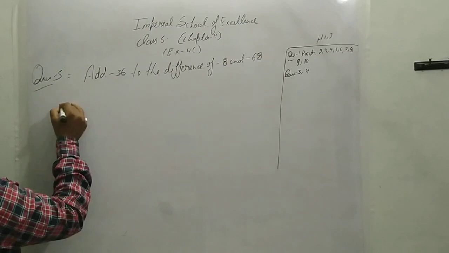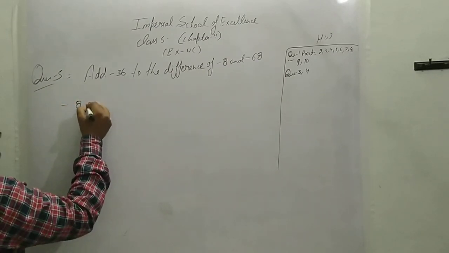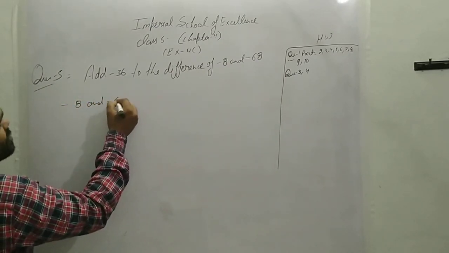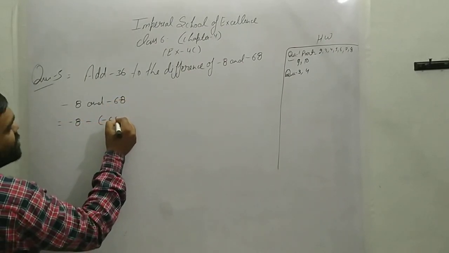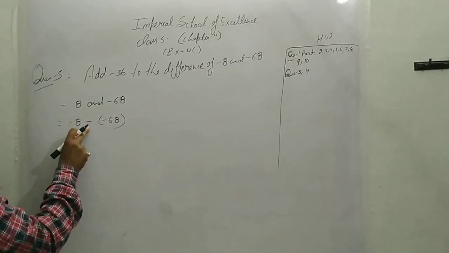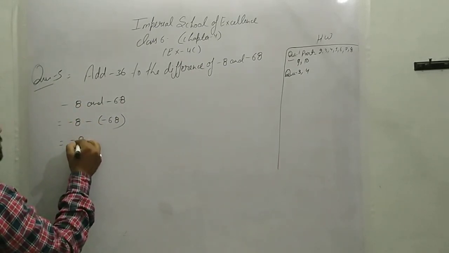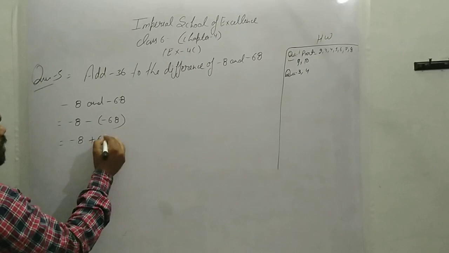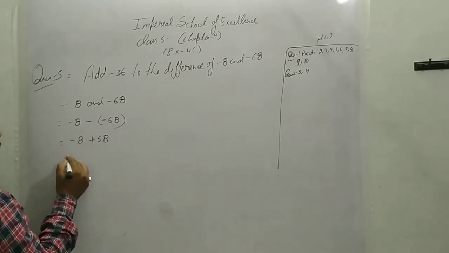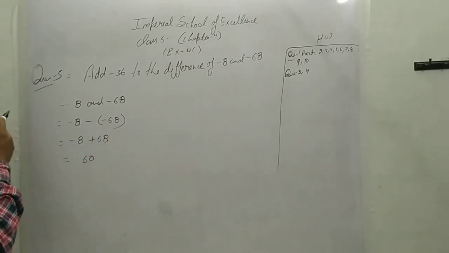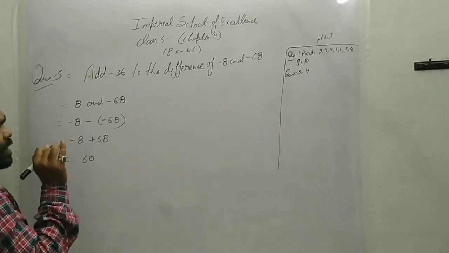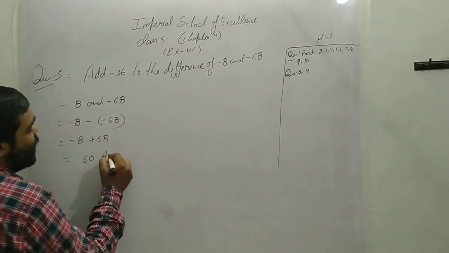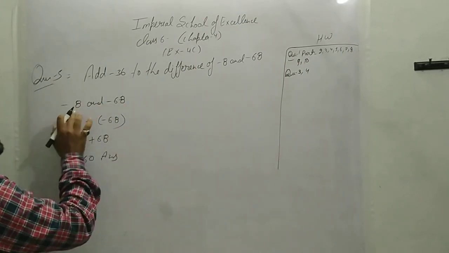See here answer would be -8 and -68. So -8 minus 68. Okay, you have difference means negative sign. After that -8 minus and minus plus 68 plus minus equals to 60. But it should be in positive because the positive integer is greater in comparison of negative. This is your the difference of -8 and -68.